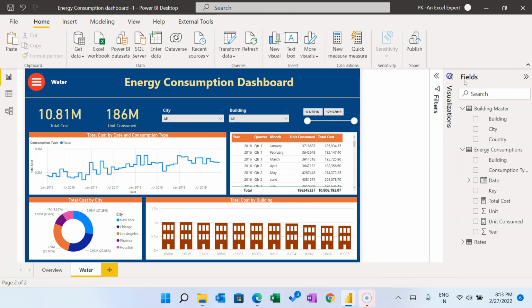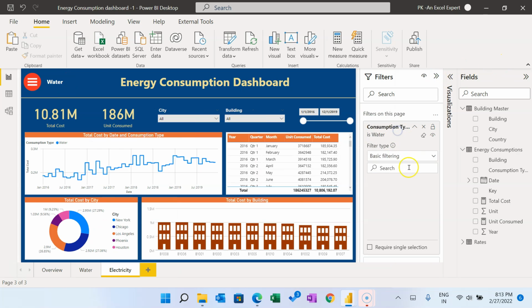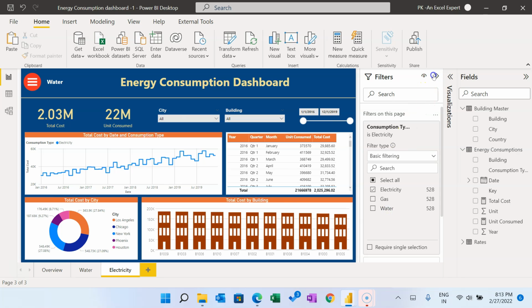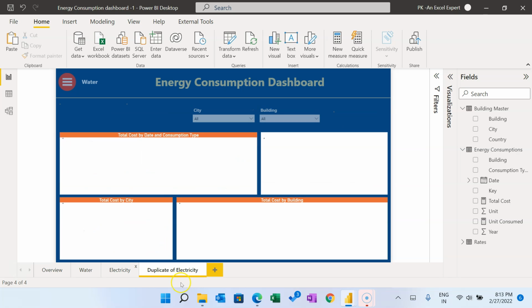Alright, now we will make these similar pages. So just make a duplicate of this, and this will be our electricity page. So I'll use here electricity. Go to the filter and let's change the filter here. If you want to make changes in the visual, you can take some other visual here, keeping it as it is. Right click, make the duplicate of this page,